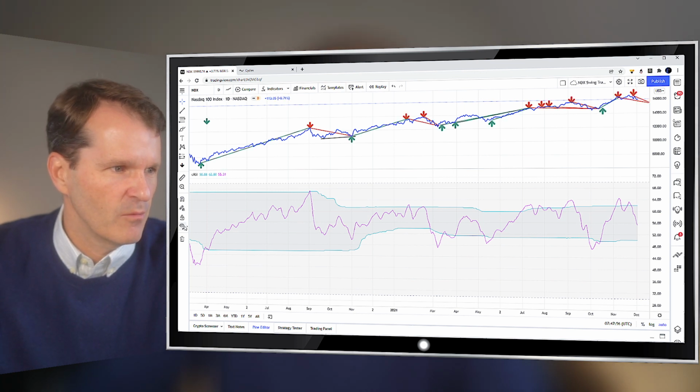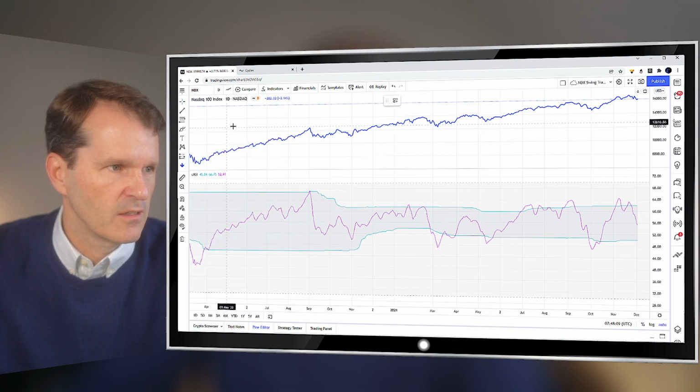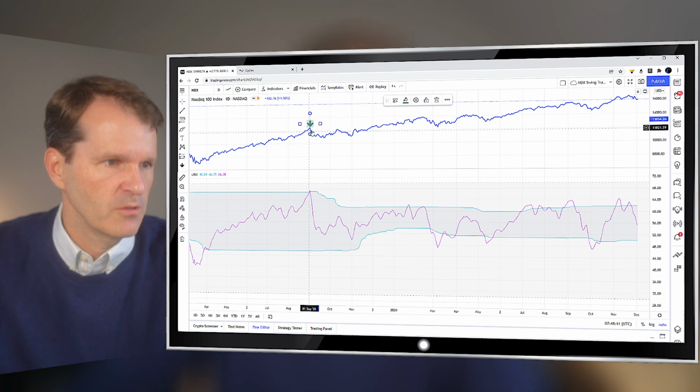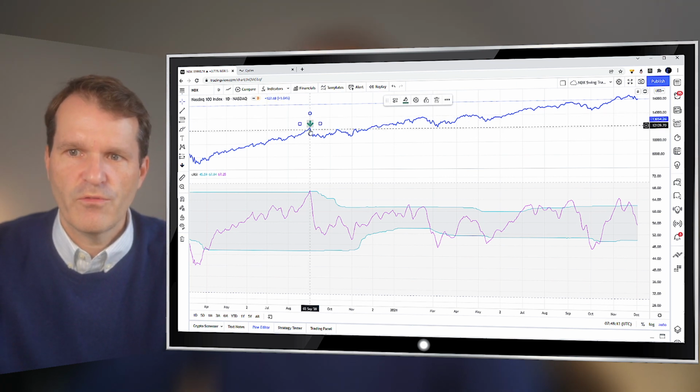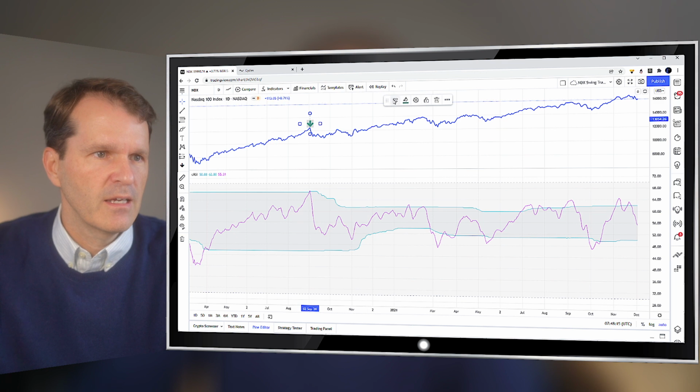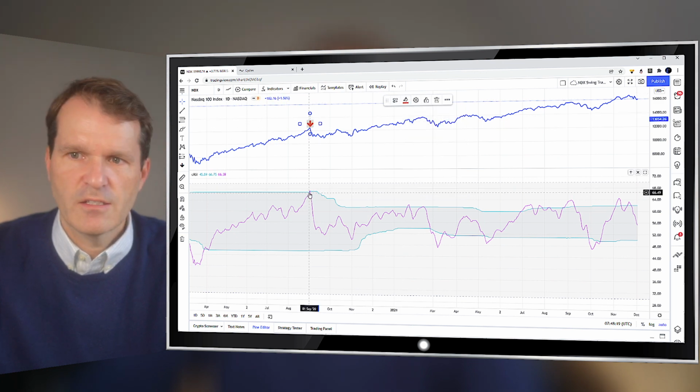I'm not prepared that well. Remove drawings, start with fresh drawings, and now we should be able to see right here. So now it works. So the first, at least from the sell indication, we saw here at this turning point,